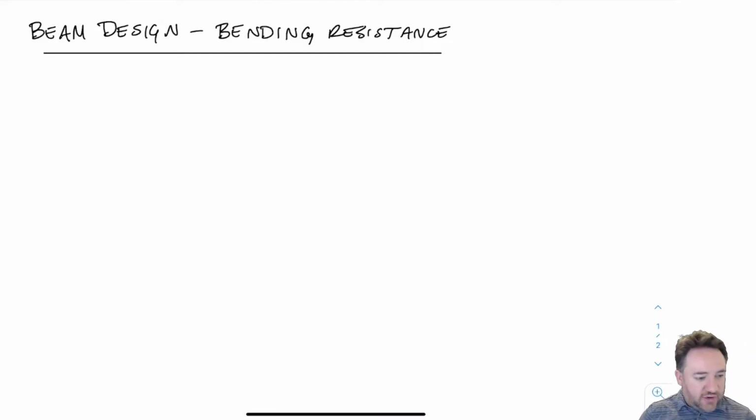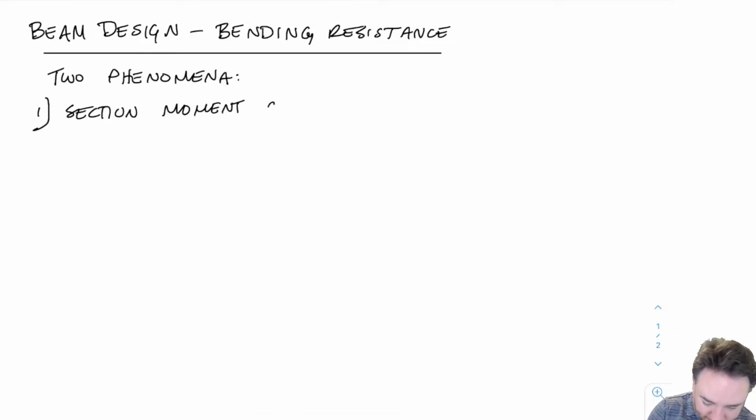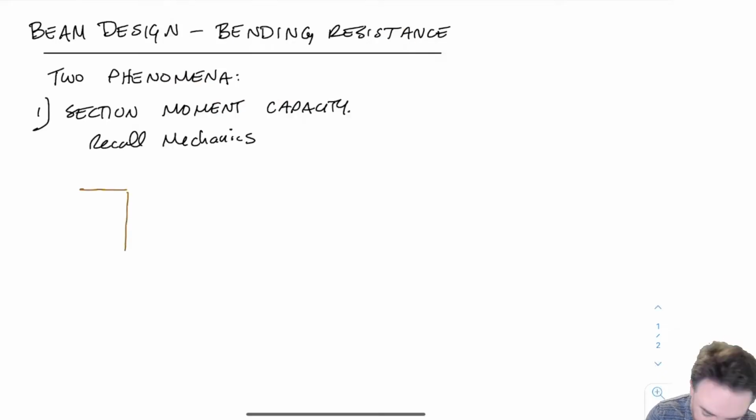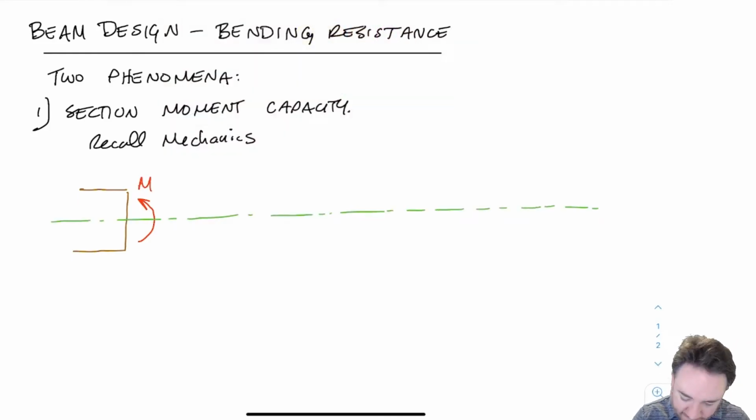So as I said, there are two different phenomena that we are looking to find the strengths for when we're calculating bending resistance in timber. The first of these two is the section moment capacity. And by section moment capacity, I mean basically local moment failure caused by stresses in the fibers,